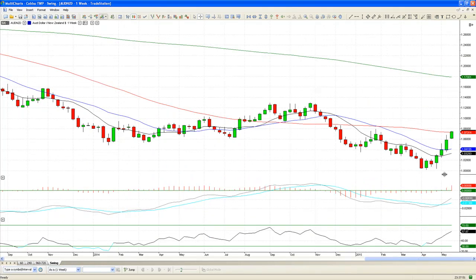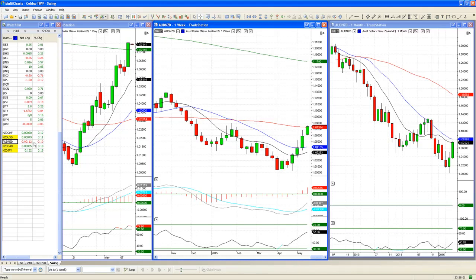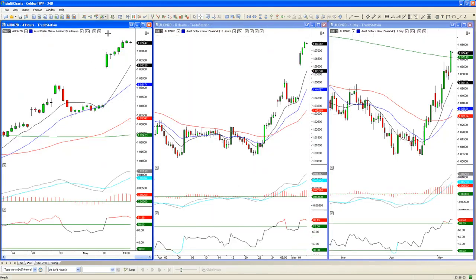You can see it's broken that downtrend now. It's not in an uptrend yet. By no means can I call this an uptrend. It is pushing higher. I need to see a higher low and then a higher high for it to be considered an actual uptrend. But again, looking down through these time frames, it's quite extended at the moment, so needing